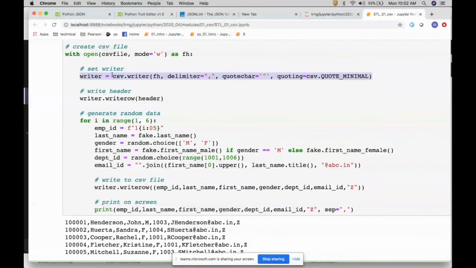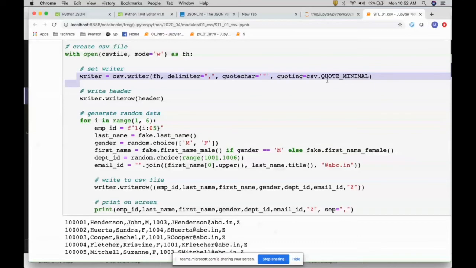call the csv.writer, pass the file handle, and tell it the delimiter. It is a comma, and the quote character is a double quote. Whenever I have some data that contains the delimiter, I want to use double quote as a quote character around that field. And then quoting is minimal quoting. If you don't give minimal, I think there is also quote all, where anytime there is a string data type, it automatically quotes everything, right? So we create a writer object,